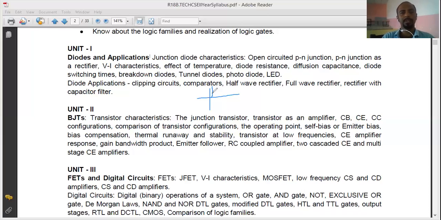Similar to that, when you observe the diode characteristics, you can approximate it to an on condition and an off condition. As I said, the y-axis represents the current, the x-axis represents the voltage. Here we see that there is current, and here we see that there is no current. So we can say that in this region, it acts as an open circuit with no current flowing. In this region, it acts as a closed circuit with current flowing. That is the simplest example I can tell you about the diode.